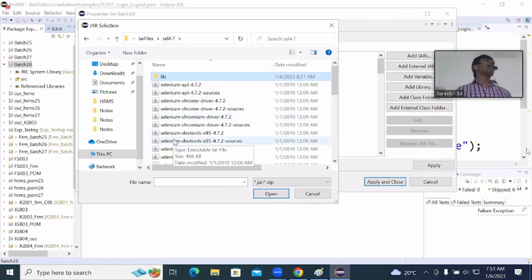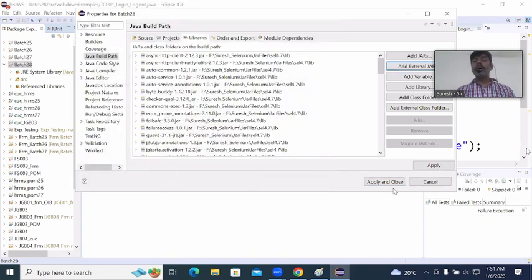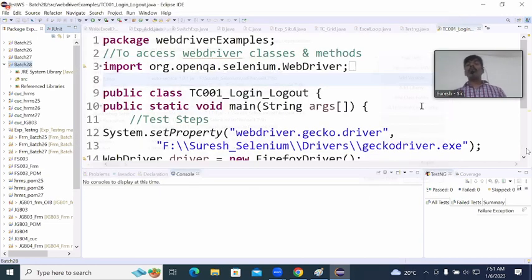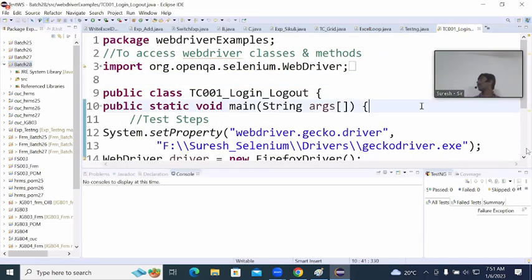As simple as that, all the jar files need to be added. Then click on open and finally click on apply and close. This is what we need to take care of in adding all the jar files to the project. Without adding the jar files,